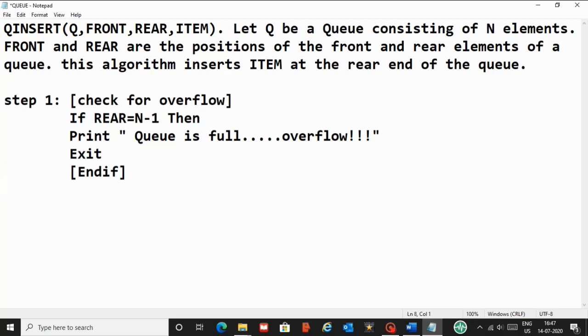This is step 1. I have to check for overflow. That is, if rear is equal to n minus 1, then print queue is full. Overflow. I don't have any place in my queue to insert. If that is not true,